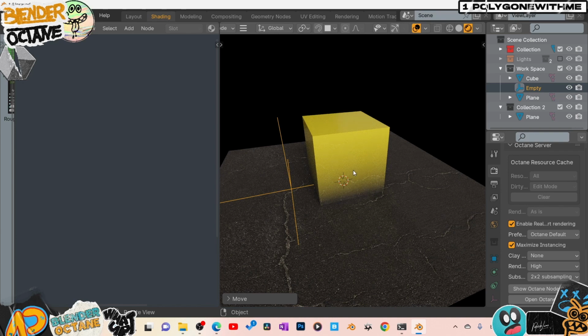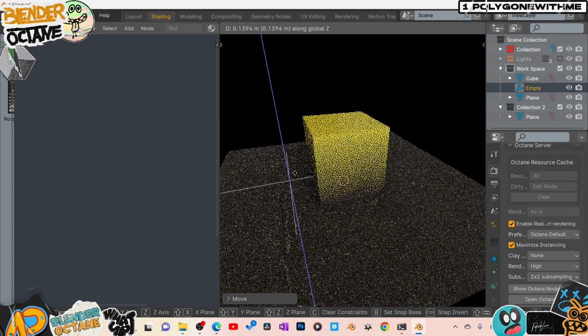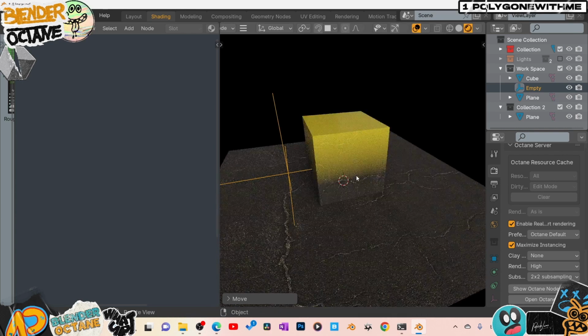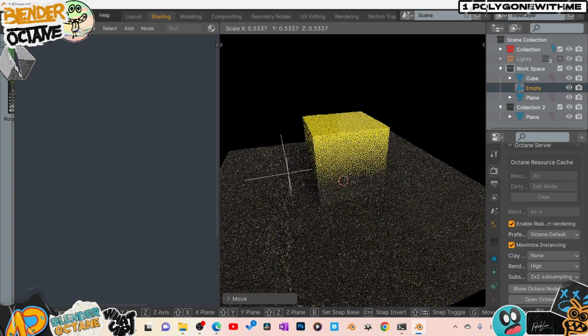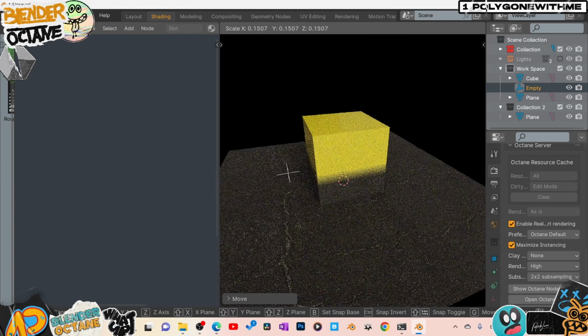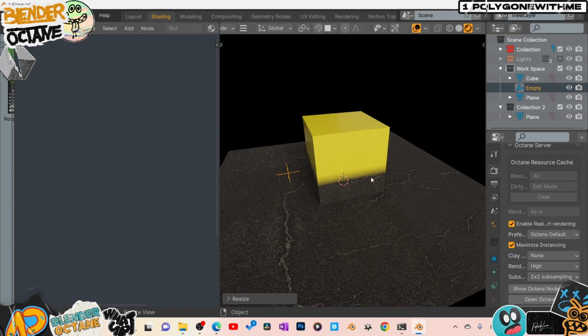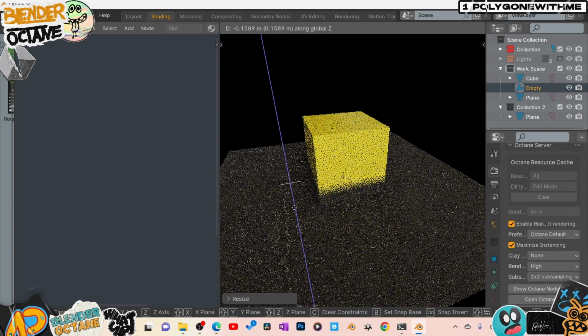But you can see the fall off is kind of huge, right? Let me go ahead and just bring this in the middle here. The way we can control the fall off is by scaling the node. If I take the null and just scale it down, you can clearly see we're scaling down also our fall off here. So now if I go GZ and let's bring that down to something very subtle, down to